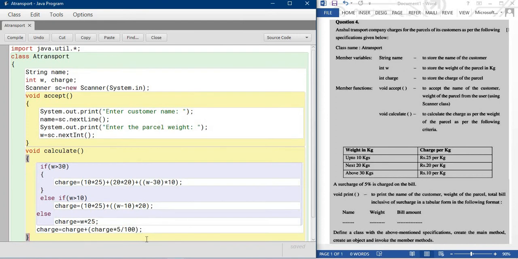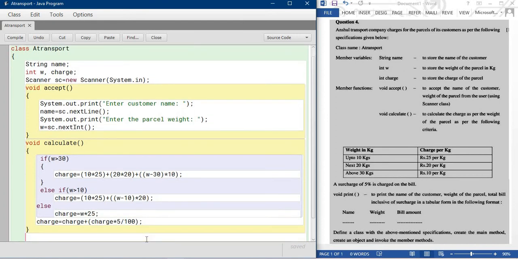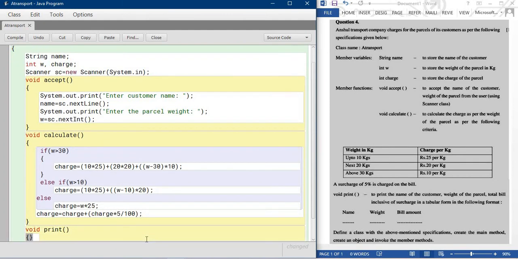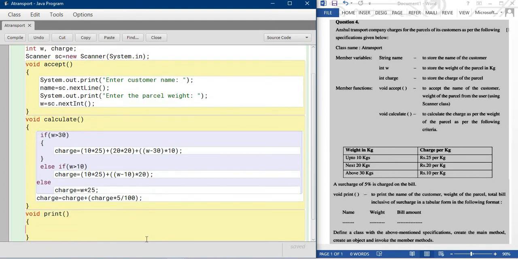Clear? Next method is void display, so print. Now once you see this type of print is present, how do you do this print?